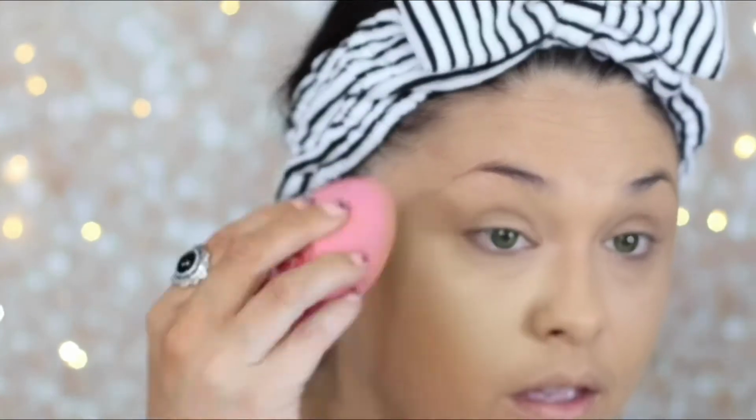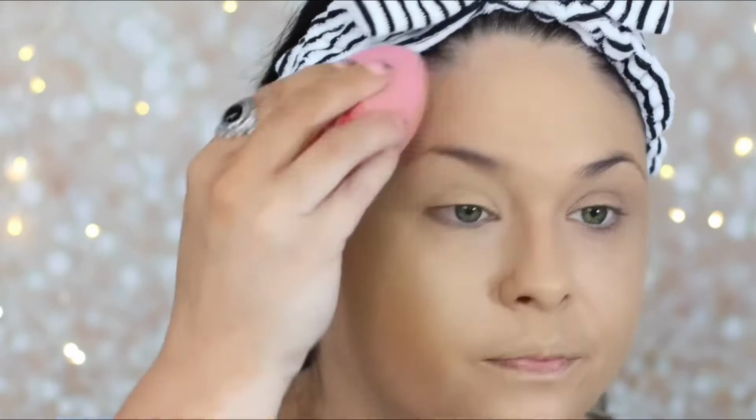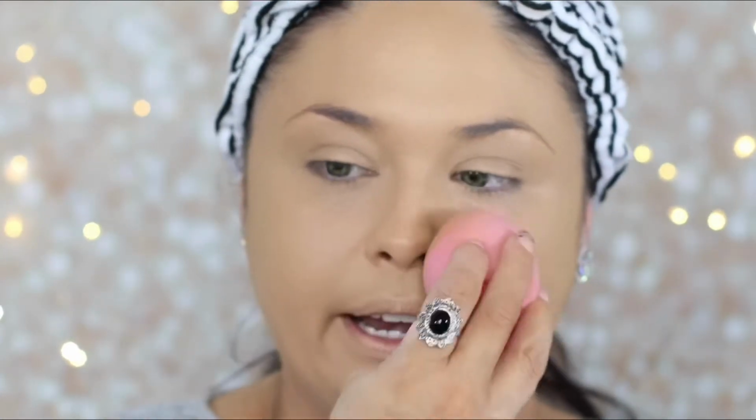Let me see if I can zoom you all in a little bit closer. Okay. I zoomed you all in a little bit more, and just so you can get a better look of this foundation and how it's working. I mean, you can see the coverage is pretty good. It looks like the coverage is pretty good. I have a lot to cover, like right in here where I have sun damage, but the coverage looks pretty